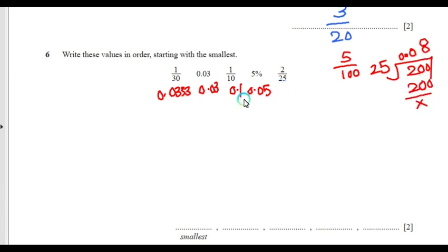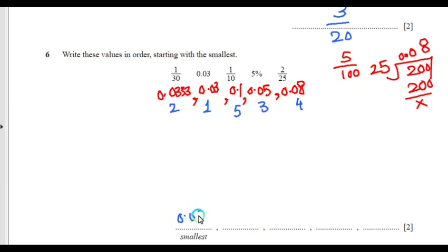Okay, write these values in order starting from the smallest. Some of the values are fractions and some are decimals, so we have to convert all the values into decimals so we can compare them, right? If I divide 1 over 30, it becomes 0.0333, and so on. The next is 1 over 10, which will be 0.1. And what about 5%? 5% means 5 over 100, right? So it becomes 0.05. And 2 over 25, we can divide it,